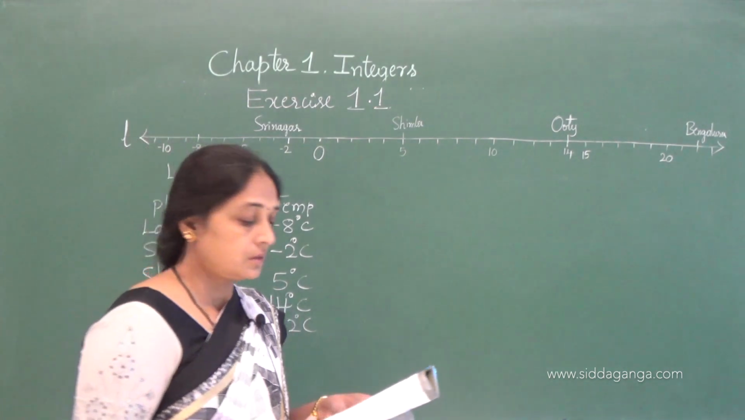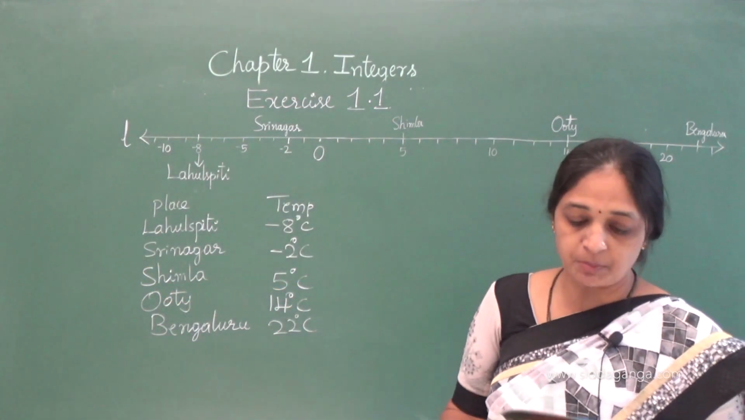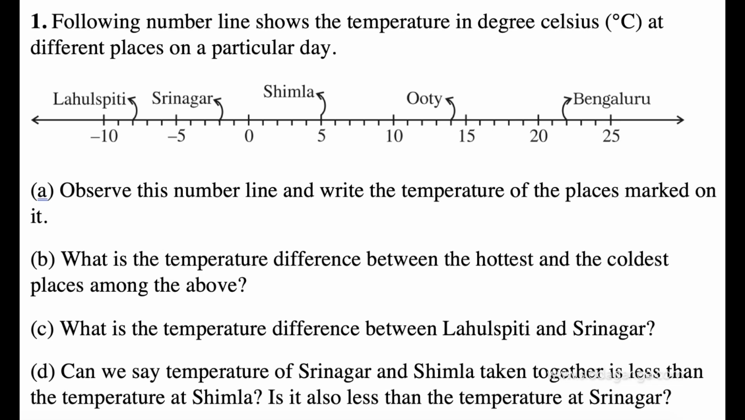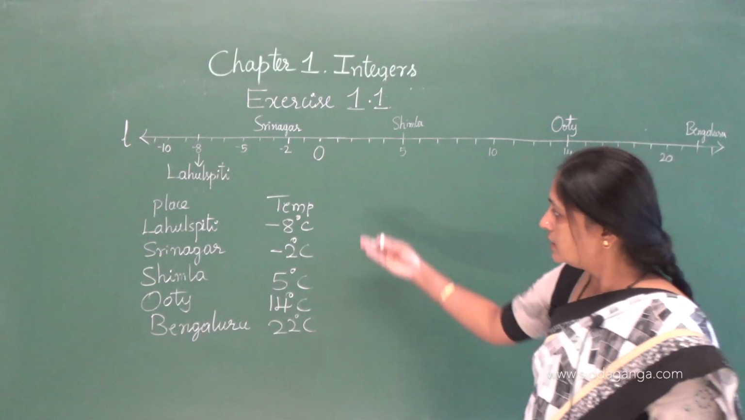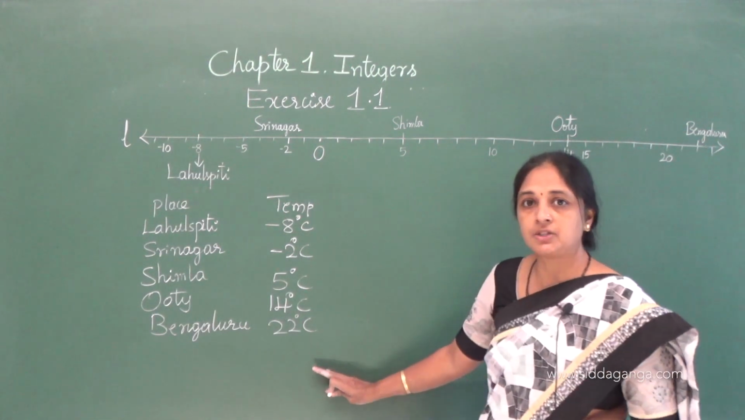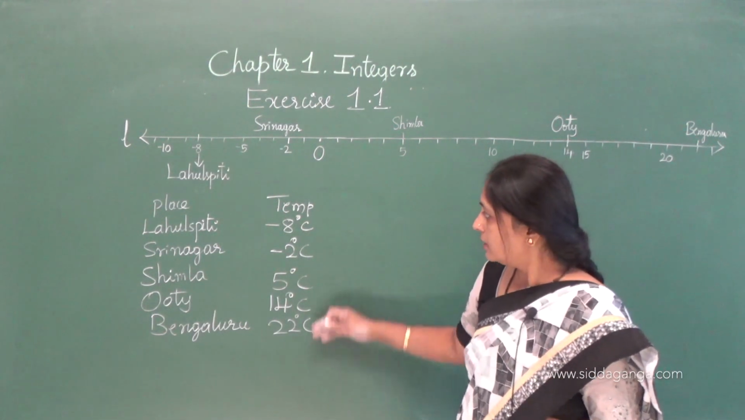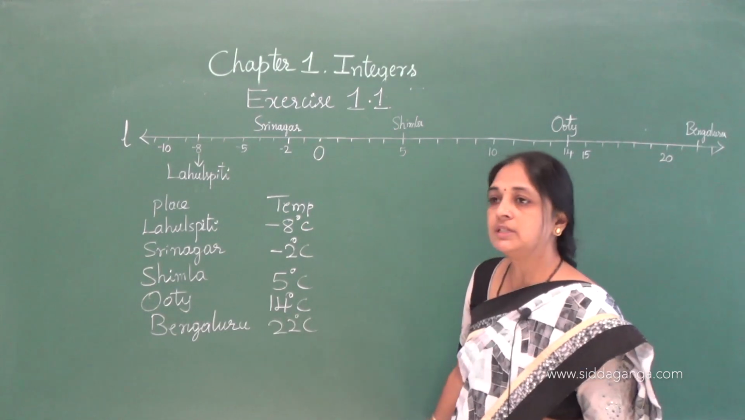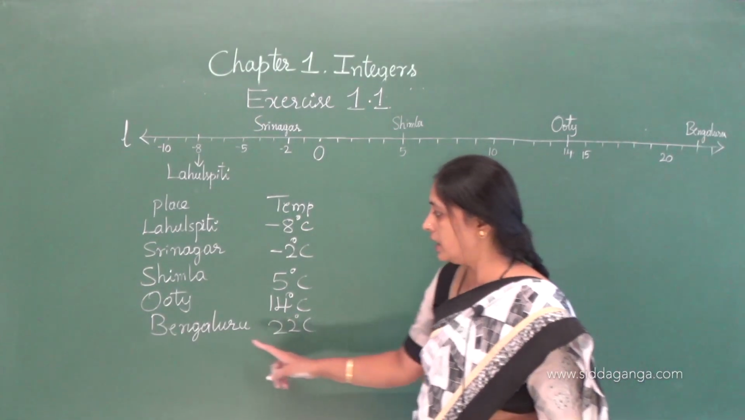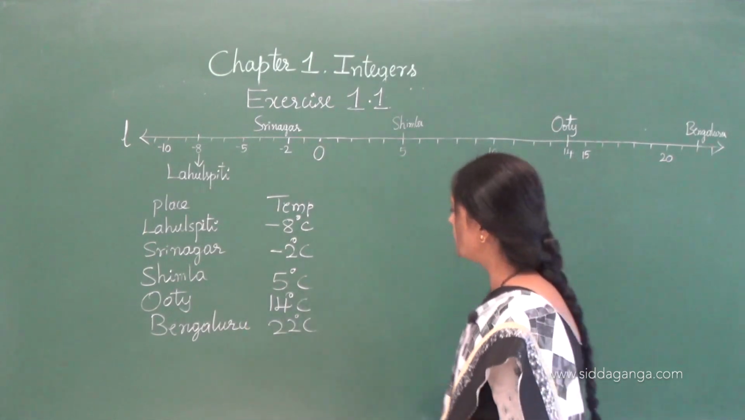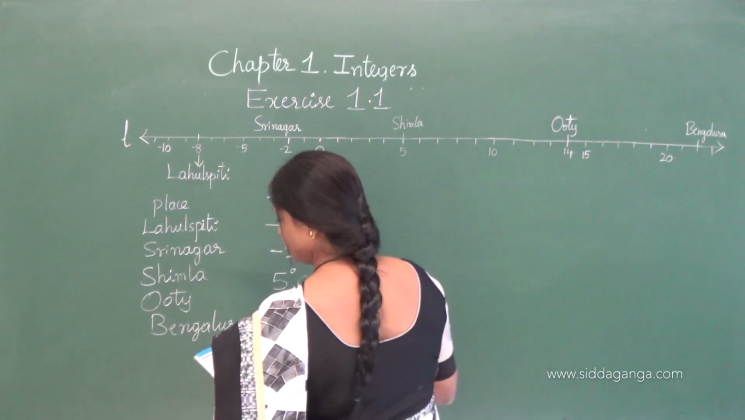Then shall we move to second, that is B question. What is the temperature difference between the hottest and the coldest places among the above? So which is the hottest place here? Consider the temperatures of the different places. Here 22 is the hottest, that is the highest temperature, and it's of Bengaluru. Okay, hottest place is